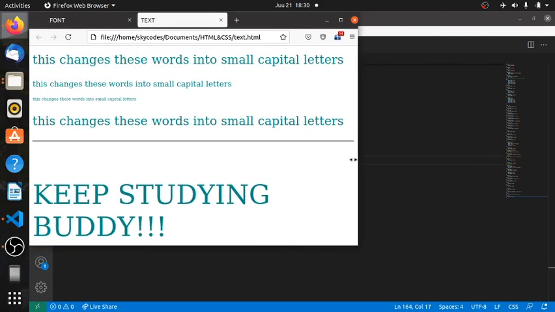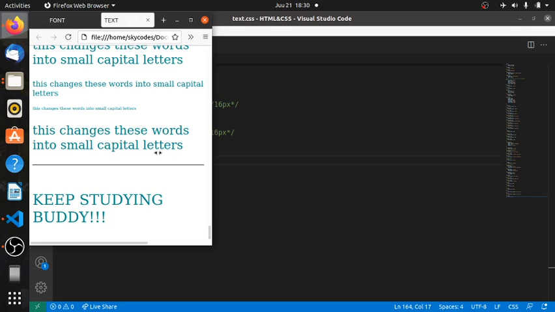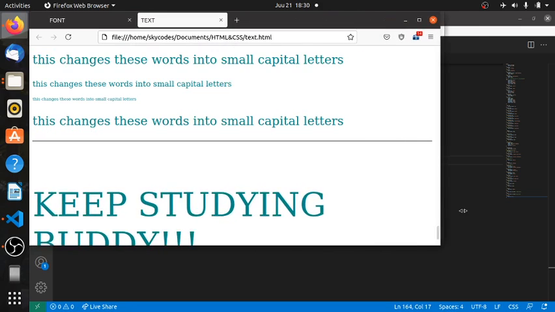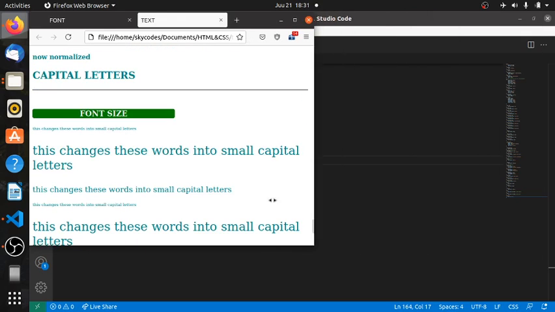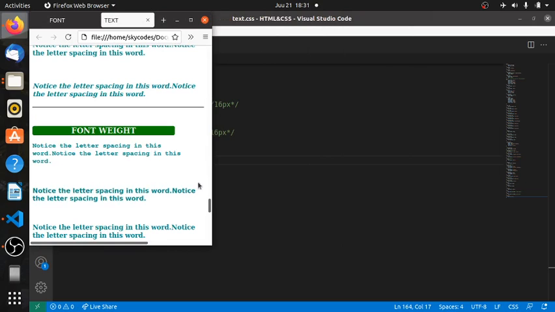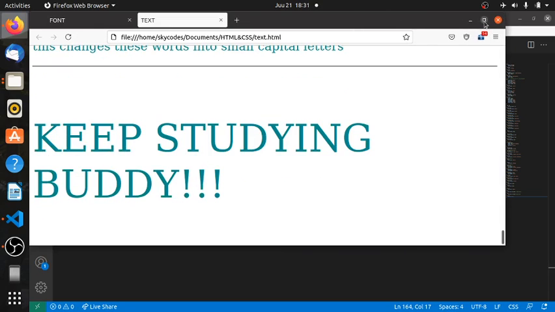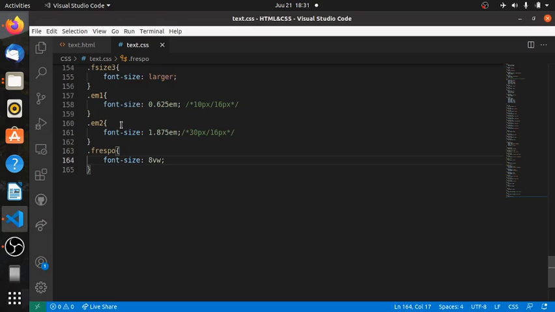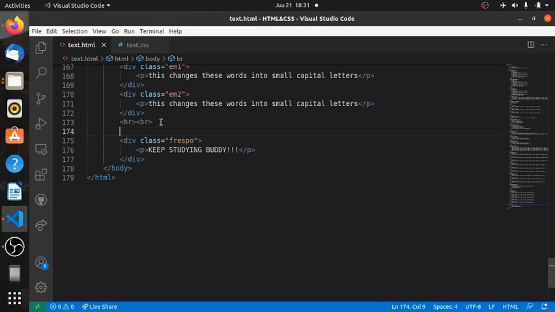When we keep pushing inside, you can see the size keeps reducing by itself, and that is mainly because we set the viewport width. So that is text responsiveness using viewport width. We could add an H3 here to say this text